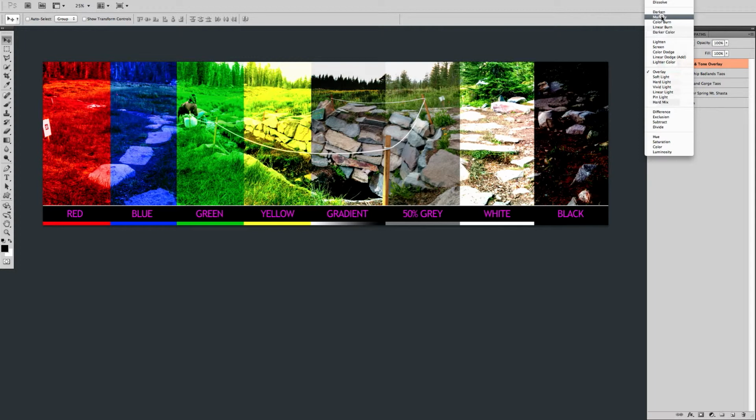Overlay, multiply, and screen, I'd say I use probably the most often. Lighten and screen, I kind of bounce between those two a lot. But let's keep going with this and sift through these next 6 things here and show you the difference